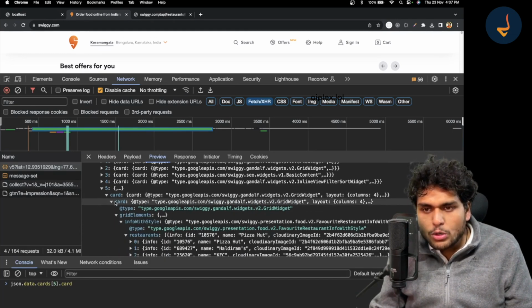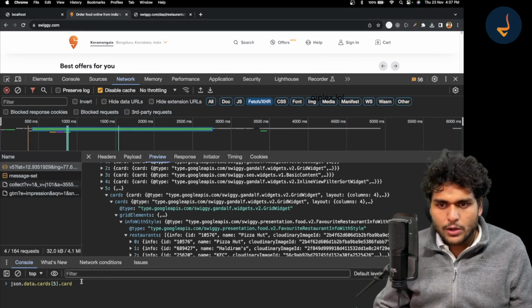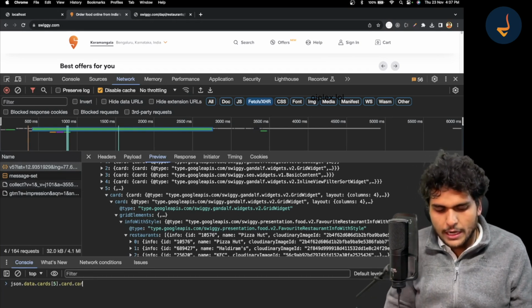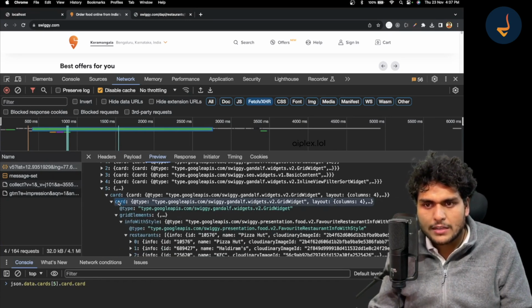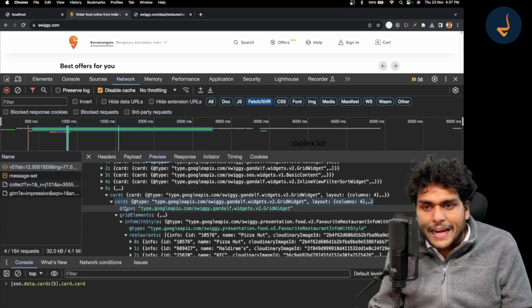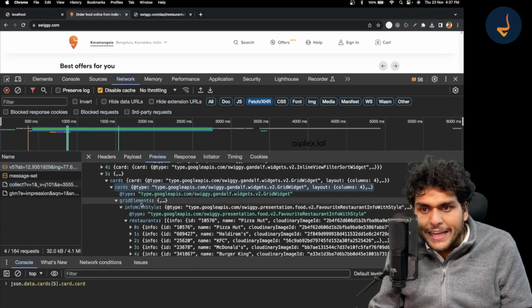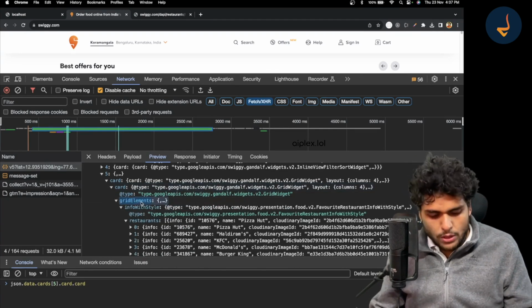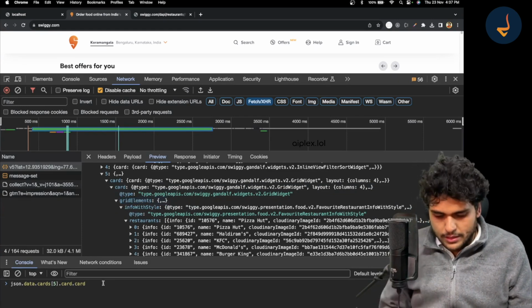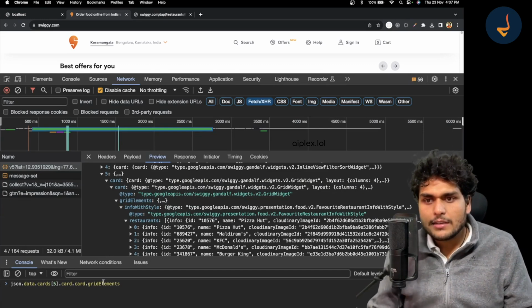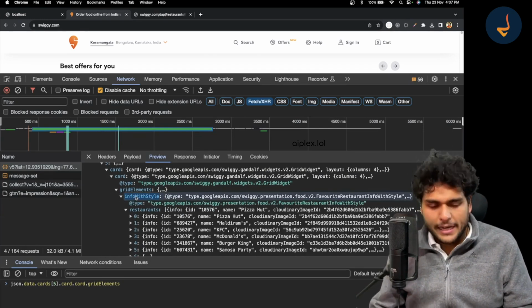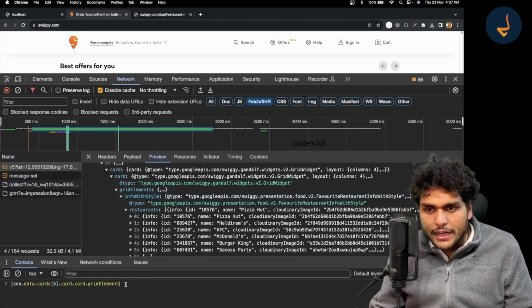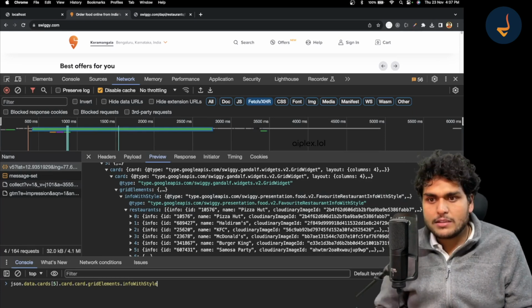And let me also go to .card. I will do one more .card. It is referring to this card over here, right? And then inside this card, I want to go inside my grid elements, .grid elements, and inside my grid elements, info with style.